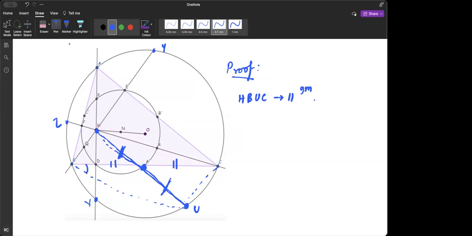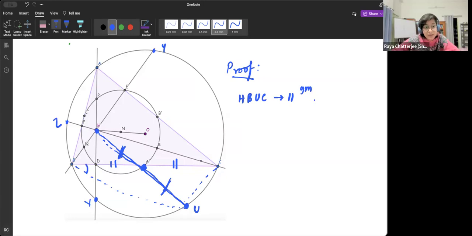Okay. So this angle equals this angle, and this angle is again 90 minus B. So this is 90 minus B. I'll just write that down. So angle UBC is 90 minus B, which equals angle HCB. All right. And now angle